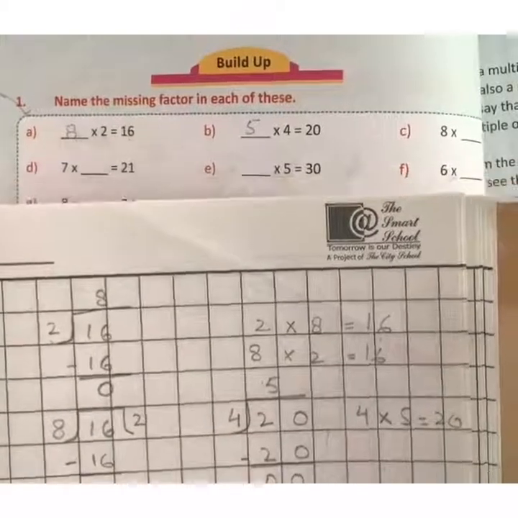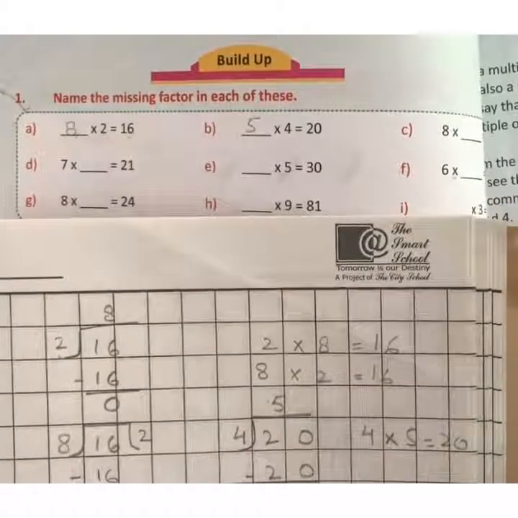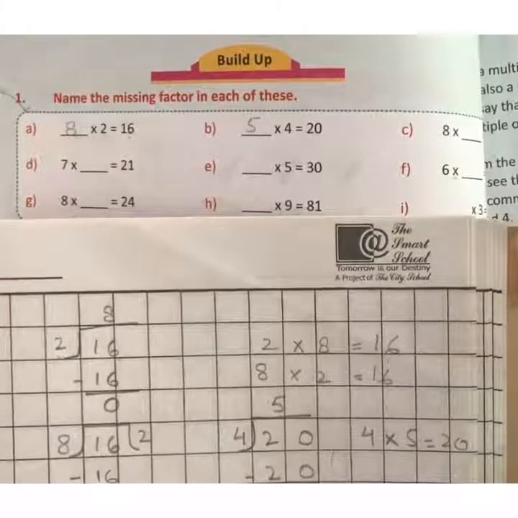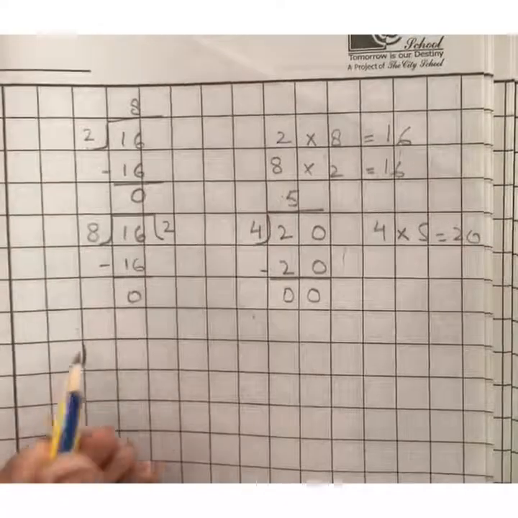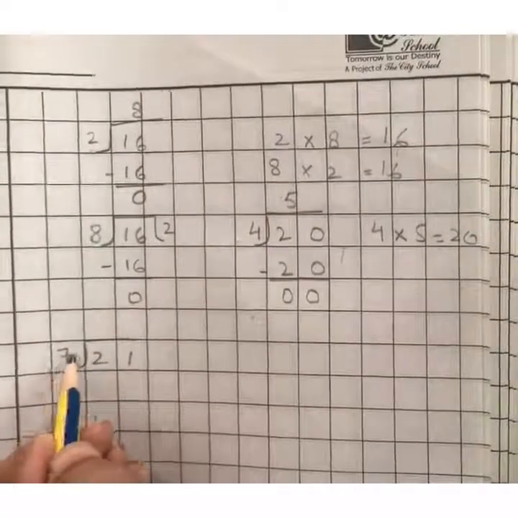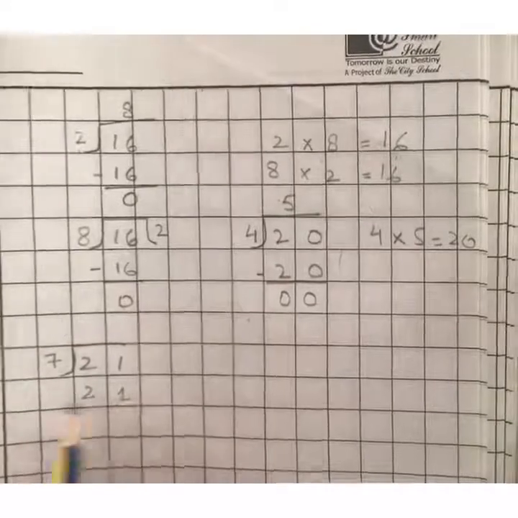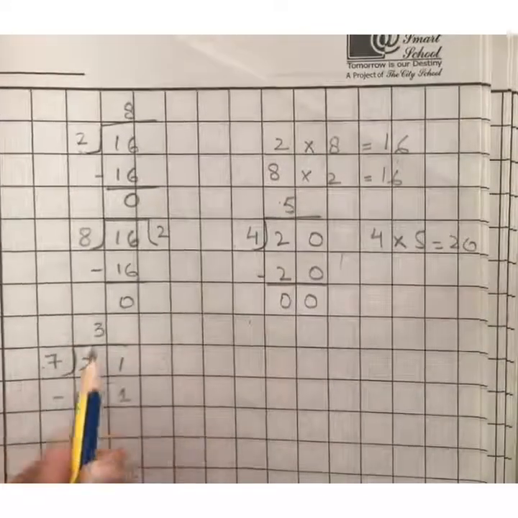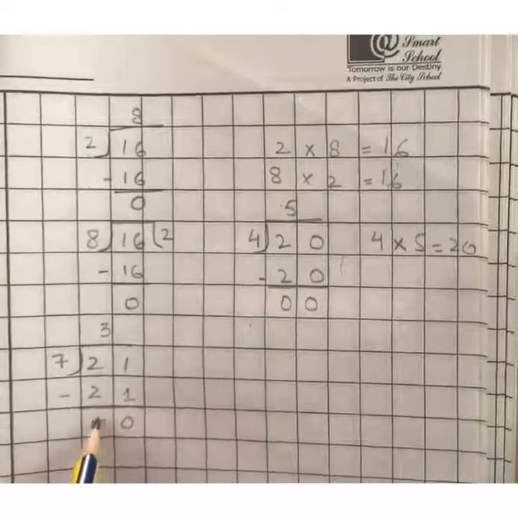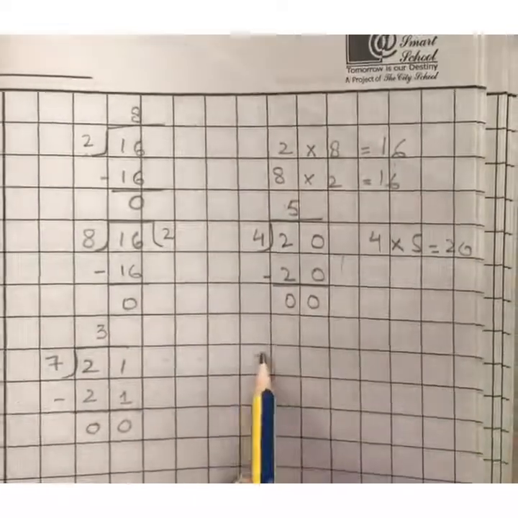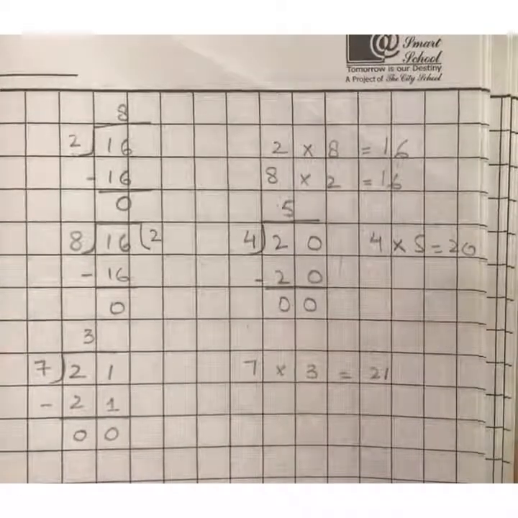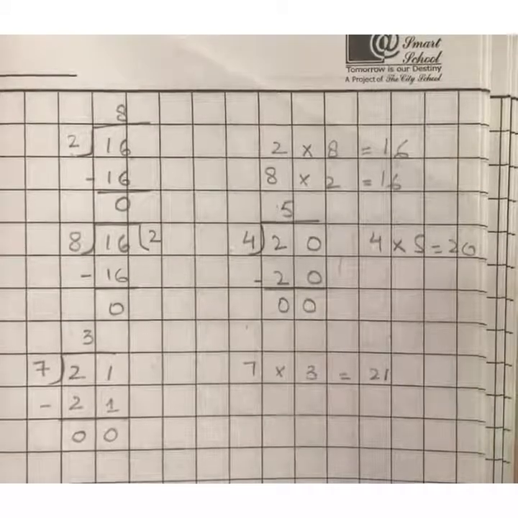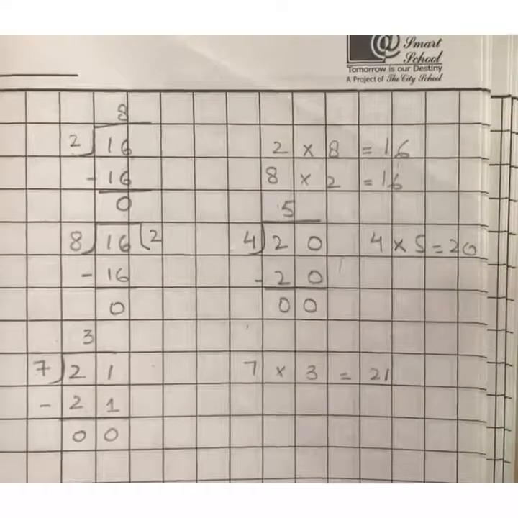Let's take some other example. Here 7 will divide 21, so 21 divided by 7. So let's start. 21 comes into the table of 7 when we multiply 7 with 3, and when we did the subtraction, the answer is 0. So 7 and 3 are the factors of 21. Just like this, you all are going to solve all the sums the way I did.